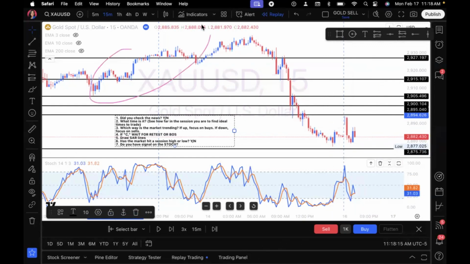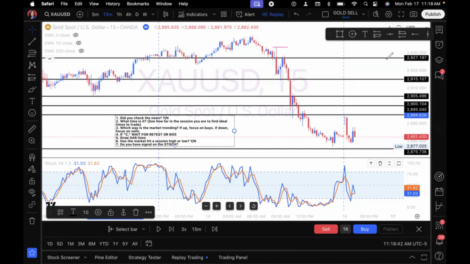It should be creating higher highs. Let's just look at this section here. We can see that the market was going up. We can tell because there are more blue candles than red candles, and we can also tell that price was being pushed higher and higher. Price was at 2905, and then eventually price came up to here, and then price was at 2927, and it got even higher. So that's how we know that that is a buying market versus a selling market.